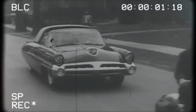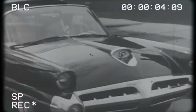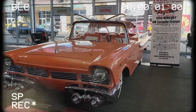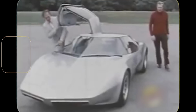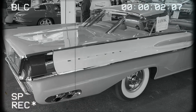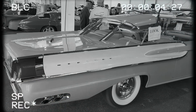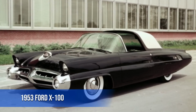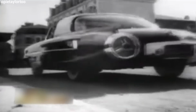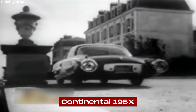Cars so unique, so innovative, they almost never saw the light of day. These are the vehicles that pushed boundaries, dazzled at auto shows, and then vanished, leaving behind whispers of their existence. So here are three most secret cars, and starting from the 1953 Ford X100, initially known as the Continental 195X,